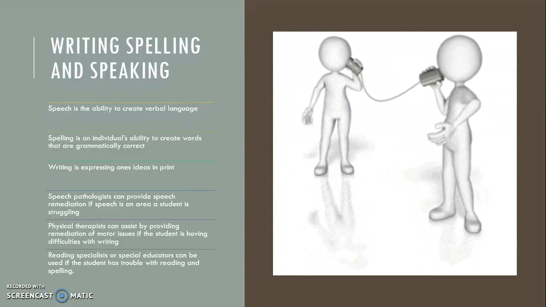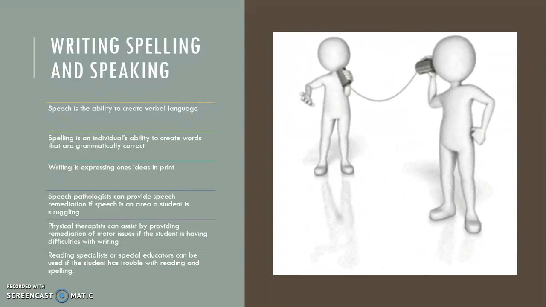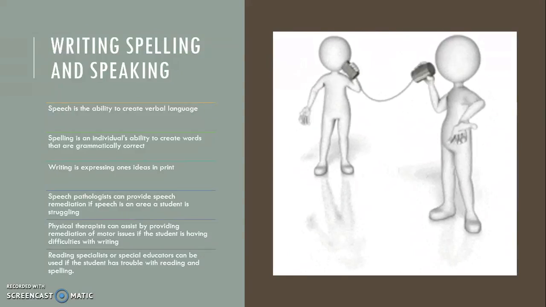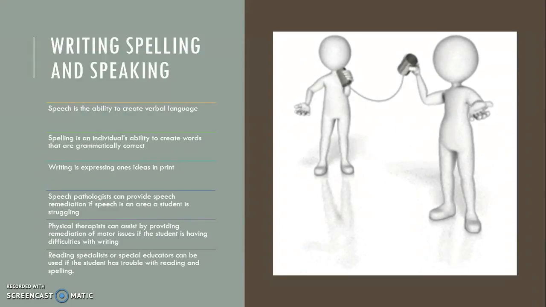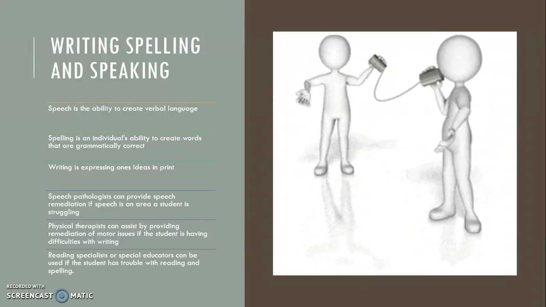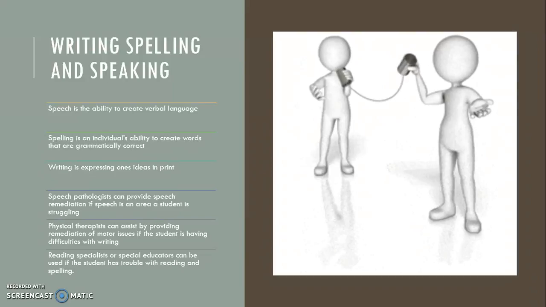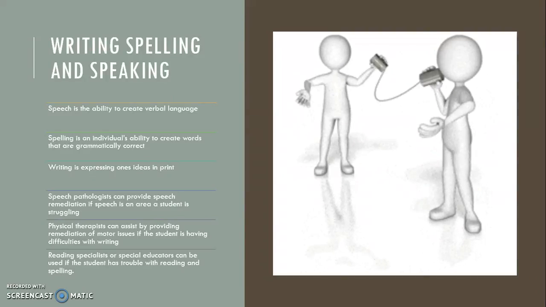So our next section is about writing, spelling, and speaking. So speech is the ability to create verbal language. Spelling is an individual's ability to create words that are grammatically correct. Writing is expressing one's ideas in print. And speech